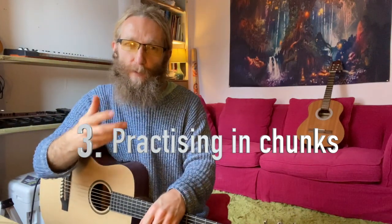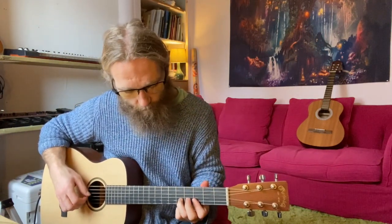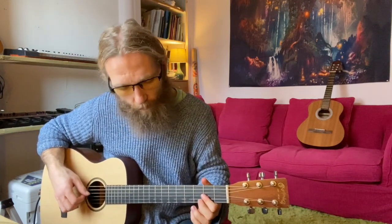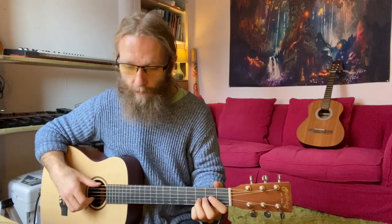Tip number 3 is practicing in chunks. The trickiest parts when playing with a metronome will be the chord changes. So what you want to do is split up the music that you're going to be playing into manageable chunks. For instance, if I've got a lick like this, I might not want to play the whole lick at once. I might just want to split it up. So for instance, I could split it up into bars, where first bar,